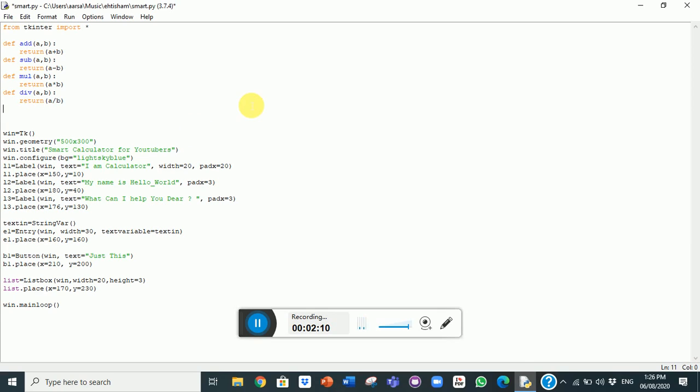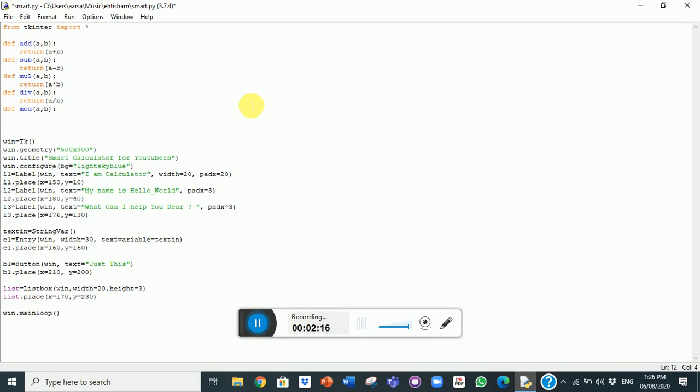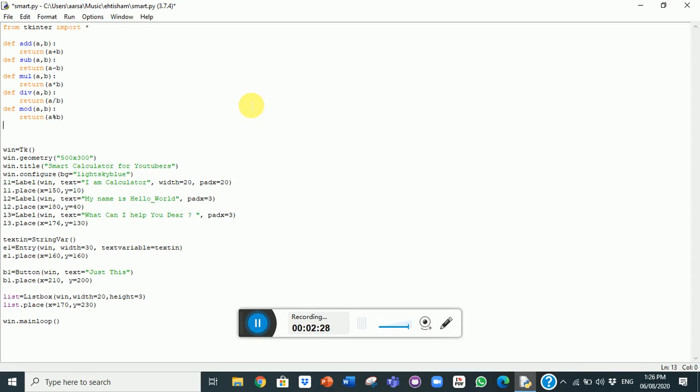Here we have def mod a comma b and what we have written is a modulus with b. This one is done, and now come with the LCM part,